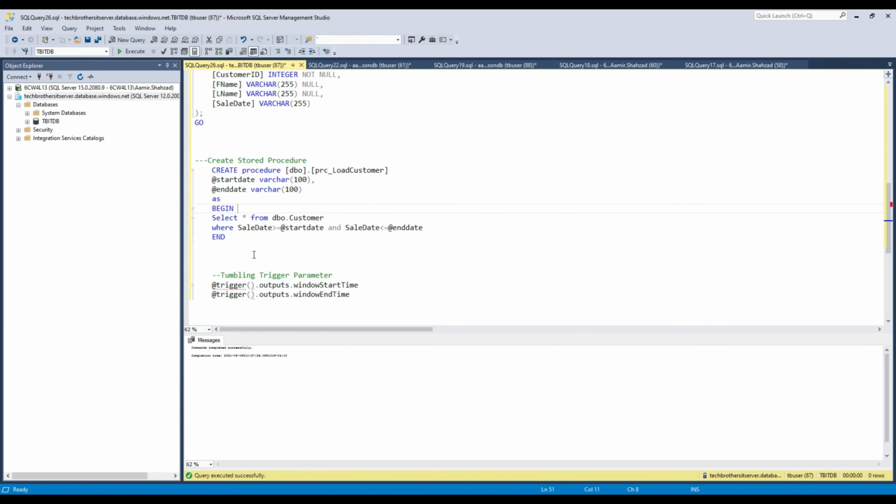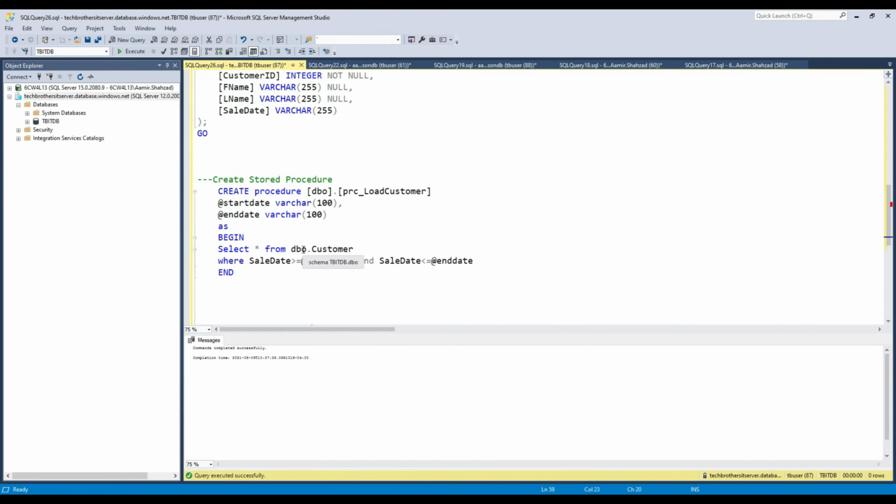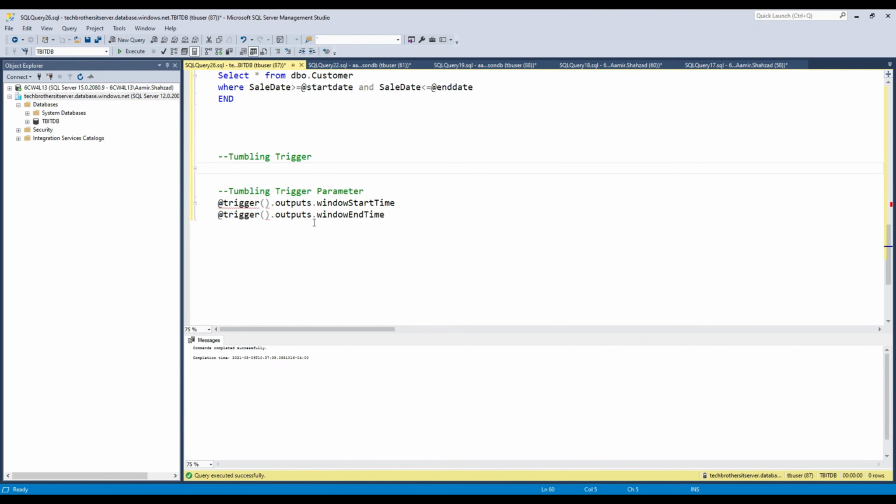Now, if you guys see that in the tumbling trigger, let me make it a little bigger so you can see. So I have start in my customer table. In my customer table, I have dates starting from August 1st, right? And this is my start, and this is my end date. Now, end date is 0808, right? Okay, so now I can provide these start date and end date, and after that,